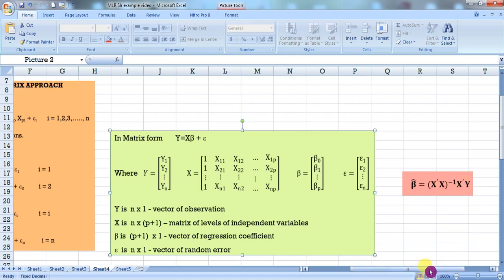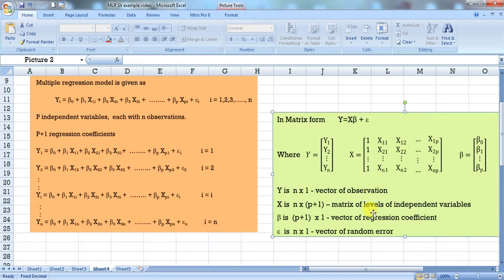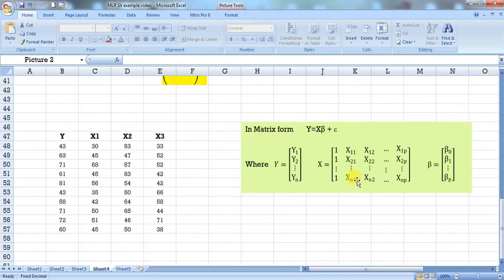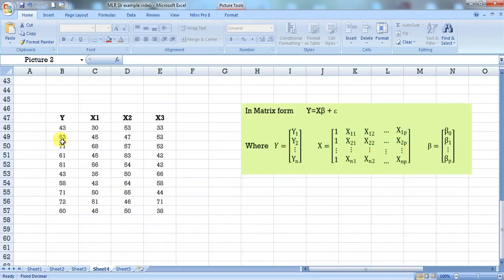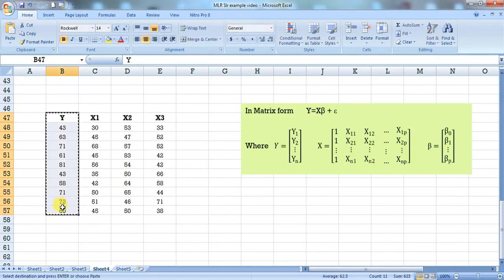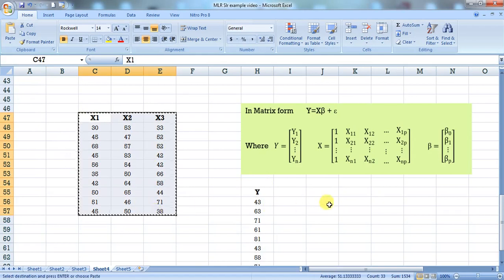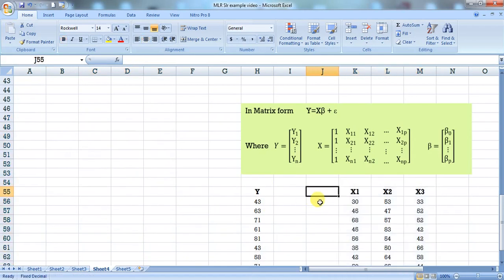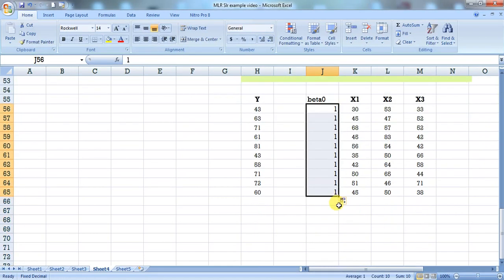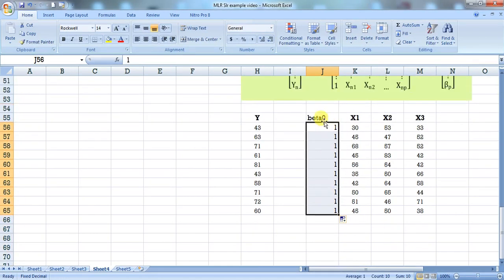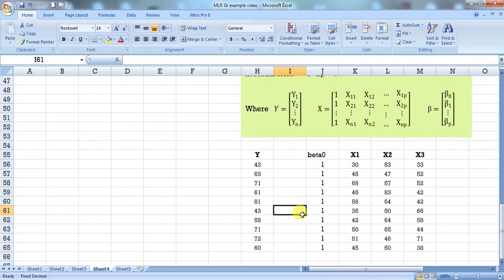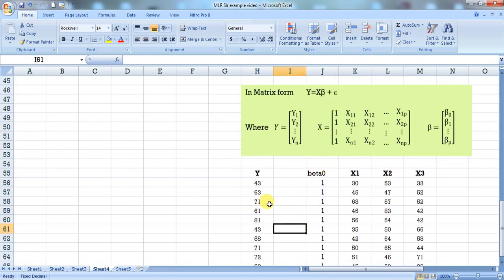So first we will calculate one by one. First we will write it into matrix form. So first we will take y as a separate variable. Next we require 1 and the x1 variable. For 1, I can write for beta 0. So we got all as 1. So there are 10 observations. Now we got, this is the x matrix, this is the y matrix.